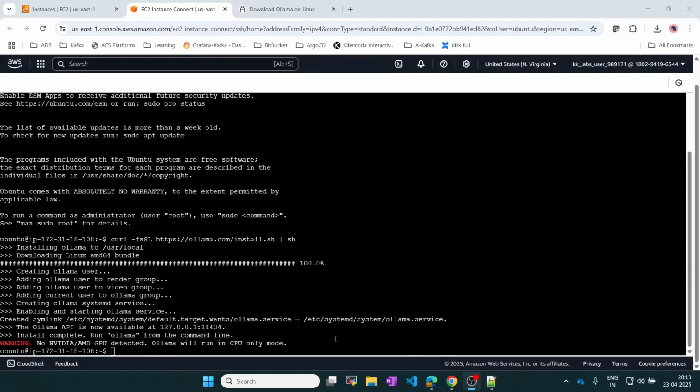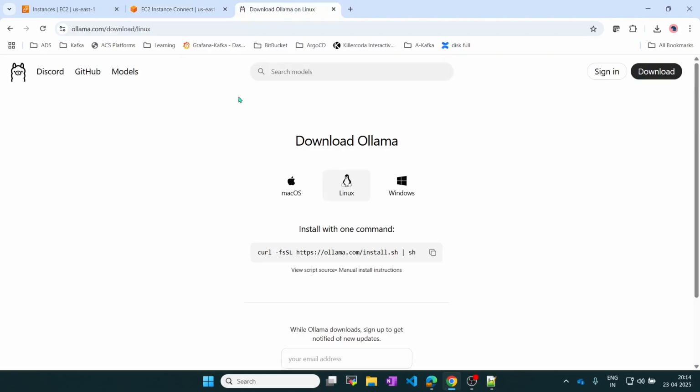Okay, so if you see, Ollama is installed successfully. And if you see, no NVIDIA, AMD, or anything is detected, so it will run only on CPU. In case you want to run large models, then you should have a large CPU. What are large models? If you click on Models,